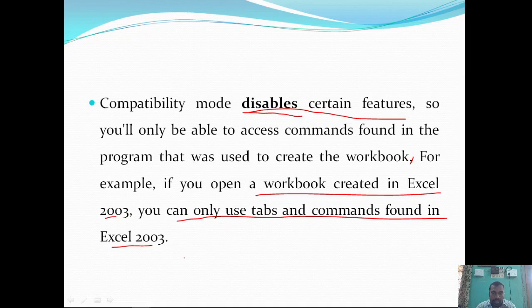So if you are opening that document in the 2007 version, then only the features included in the 2003 version are available, and the new features included in the 2007 version are disabled. They are not accessible. You can use only tabs and commands that are found in the 2003 version of Excel. Okay,